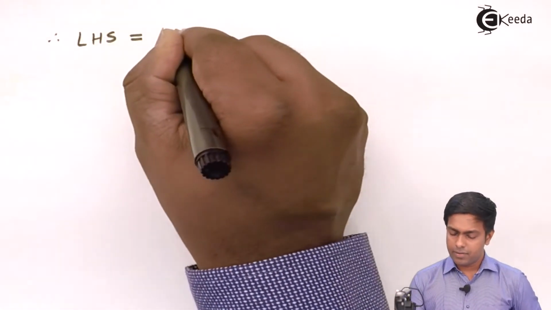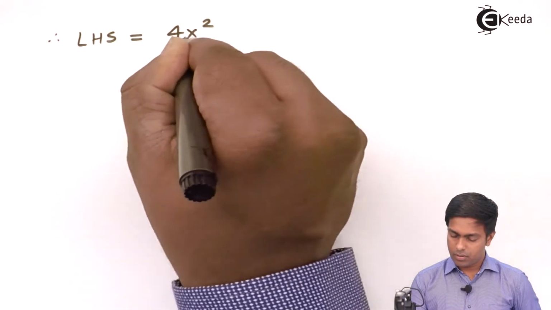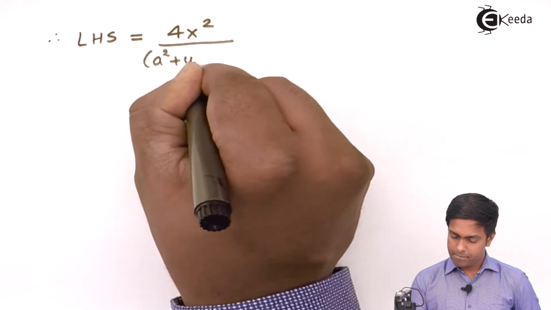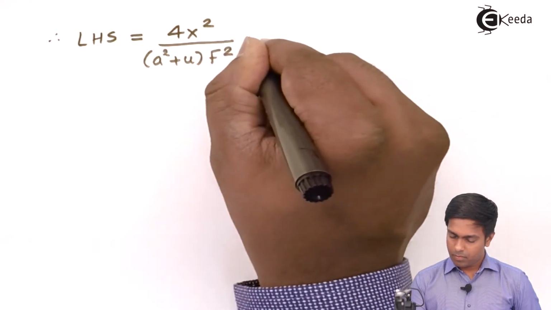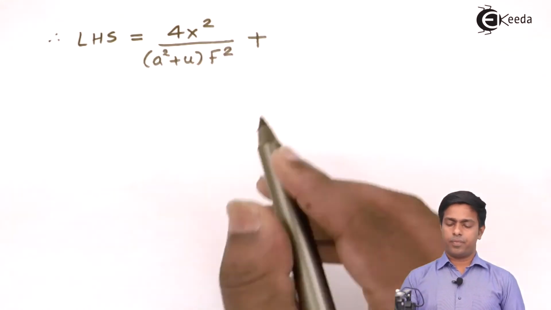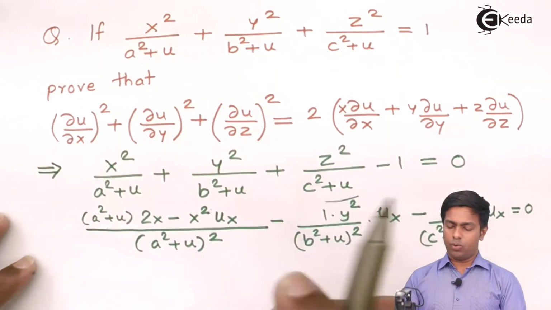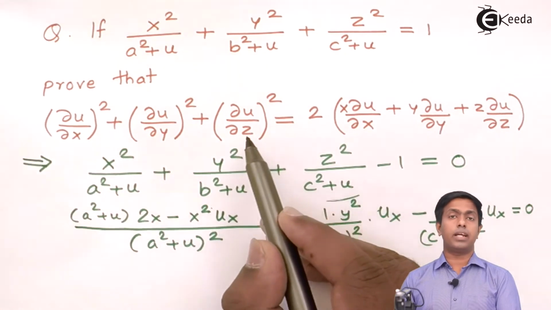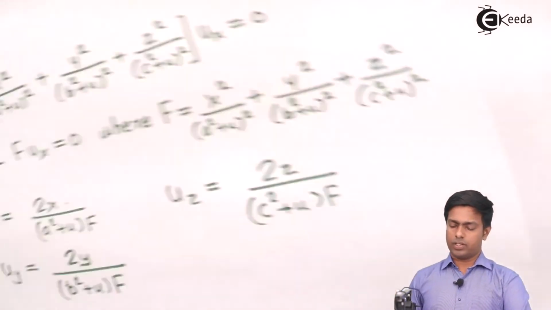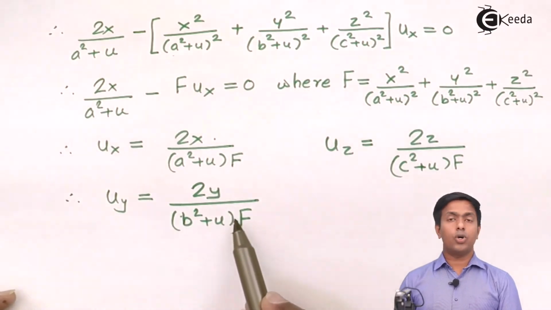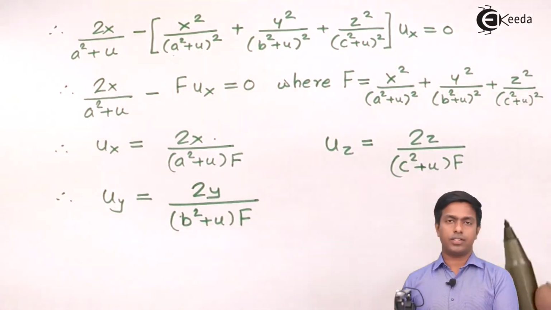Here I'll write plus, here the second term is del u by del y the whole square, and third term is del u by del z the whole square. So we'll square this term, which is 4y square upon b square plus u the whole square f square, and square of this. So we'll get